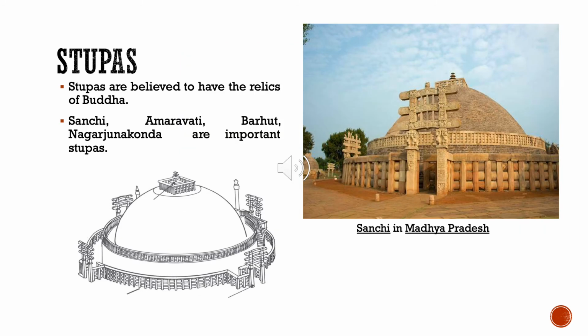Apart from making rock-cut caves, palaces and pillars, in the Ashokan period stupas were made extensively across India. The stupa evolved from the simple prehistoric burial heap or tumulus under which the ashes of the dead were buried. Stupas are believed to hold the relics of Buddha. At the time of the death of Buddha, his remains were enshrined under such artificial mounds of earth and brick, the famous eight great stupas mentioned in Buddhist texts. Ashoka built numerous stupas across India for the propagation of Buddhism. Sanchi, Amaravati, Bharhut and Nagarjunakonda are important stupas across India.